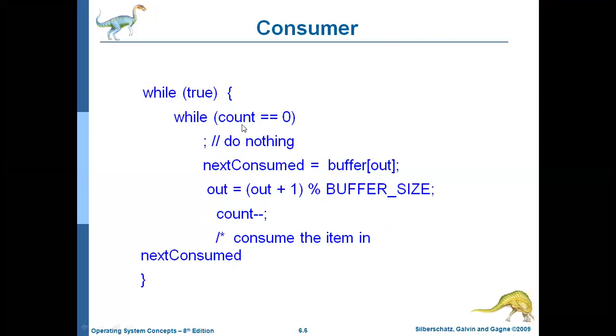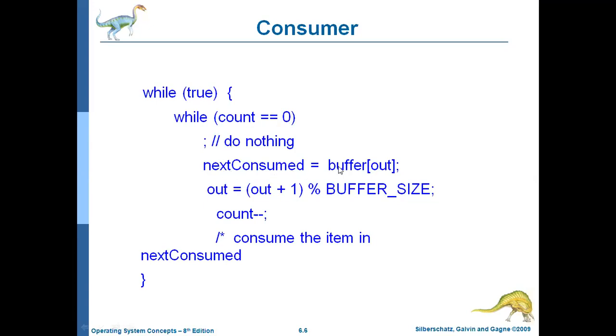If it is a consumer problem, what we need to check is whether the buffer is empty or not. Why? Because the producer cannot produce an item if the buffer is full, and the consumer cannot consume the item if the buffer is empty. Buffer is empty means 0. So what is the value of count? Count value is 5, because the producer produced 5 items into the buffer. 5 is not equal to 0, so we move to the display statement.